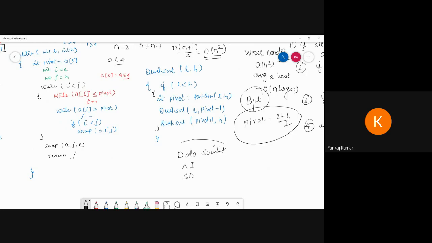So for data scientist, AI, and if you want to become a good hacker, all need DS and algo. आप इसके बिना बन ही नहीं सकते हो. That means these are the bridge. This data structure and algo works as a bridge to get a good package, to get entry in a good company.